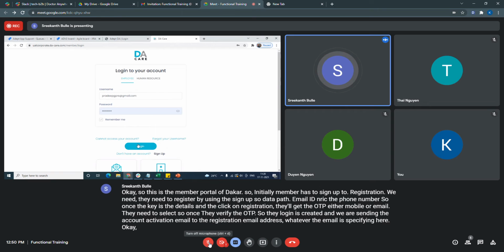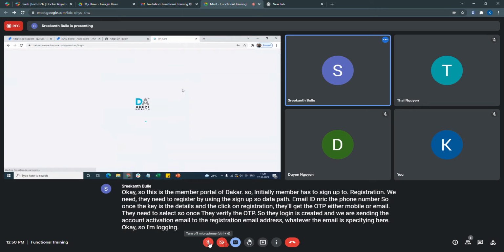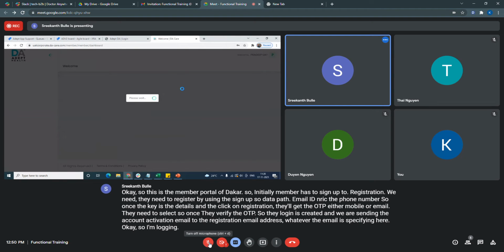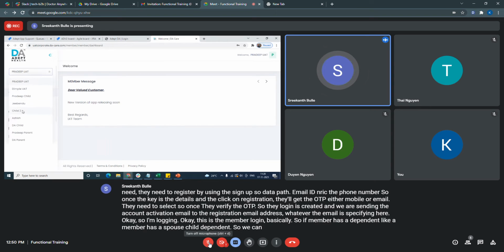Now I'm logging in. This is the member login. If the member has a dependent, like a spouse or child, we show them in the drop down.